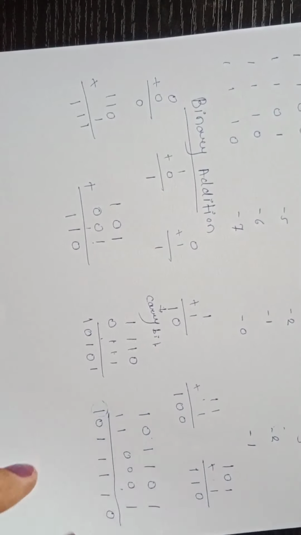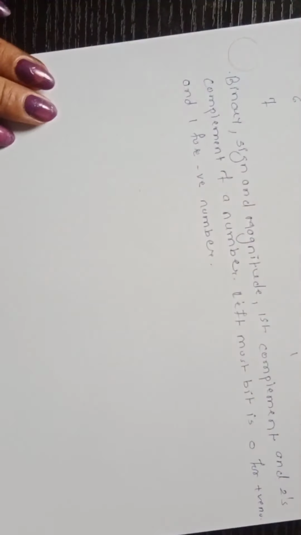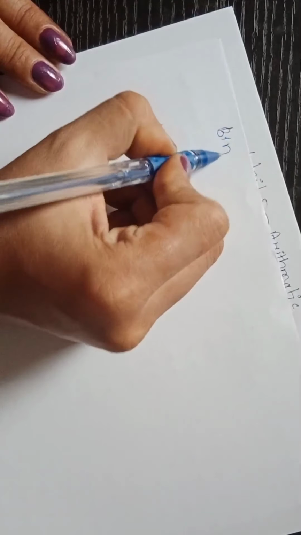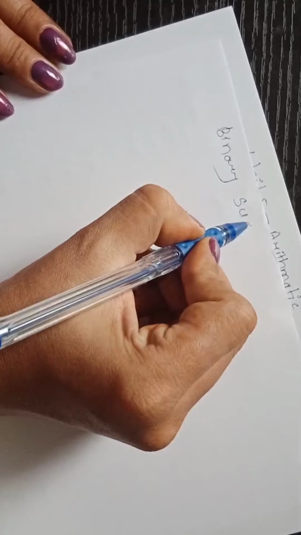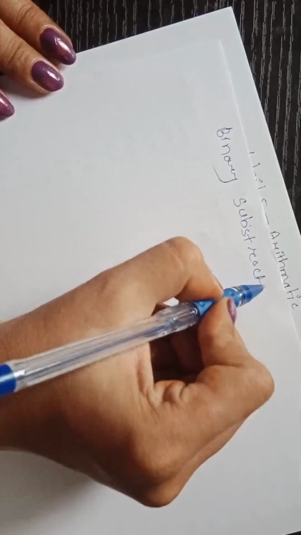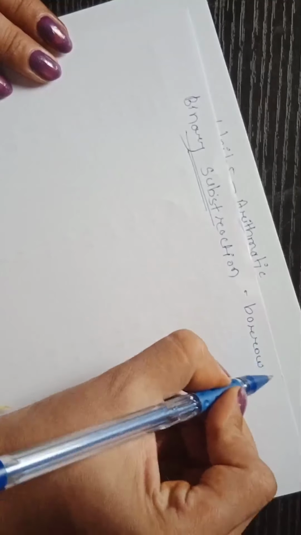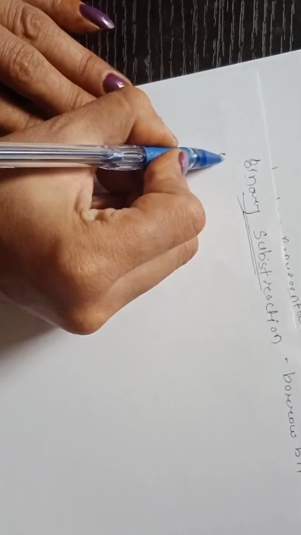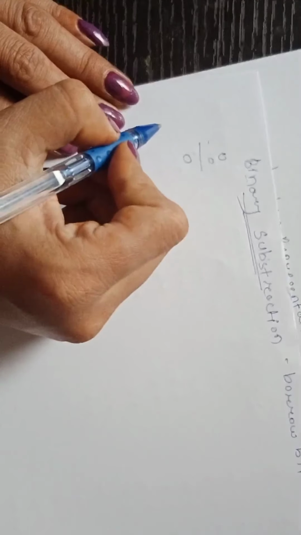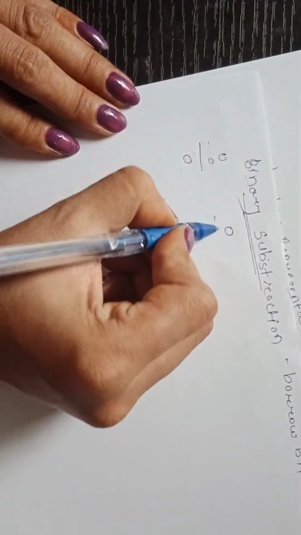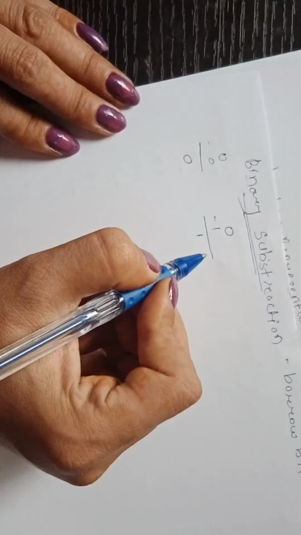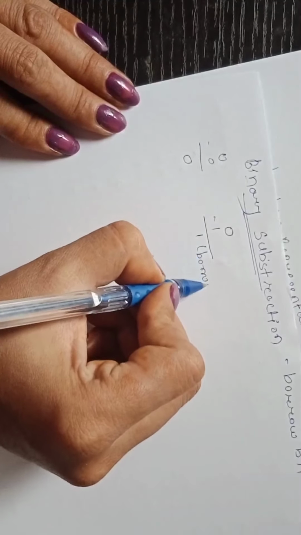So we can consider it a negative number, but that's another concept, for sign and magnitude. Now let's see binary subtraction. In binary addition, there is a carry concept. In binary subtraction, there is a concept of a borrow bit. Again, first we will do simple subtraction. What is 0 minus 0? It is 0. What is 0 minus 1? It is 1, and that means this is a borrow bit.